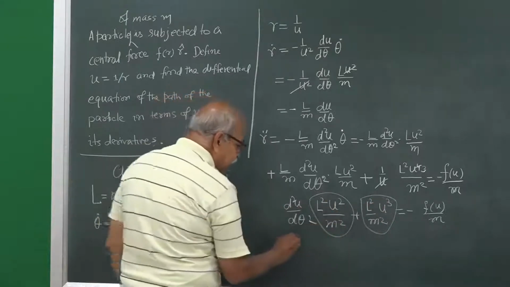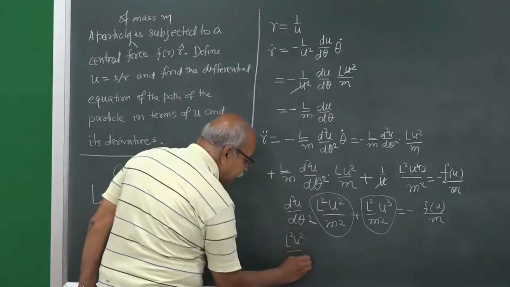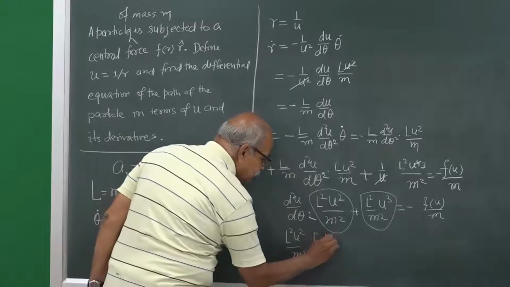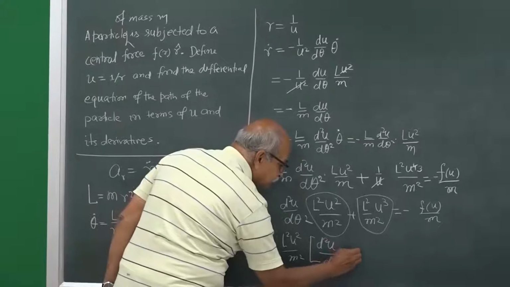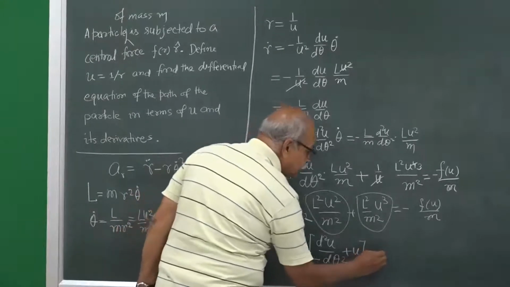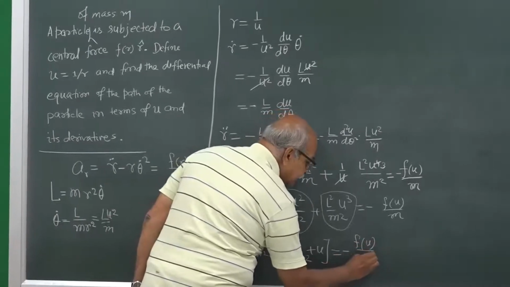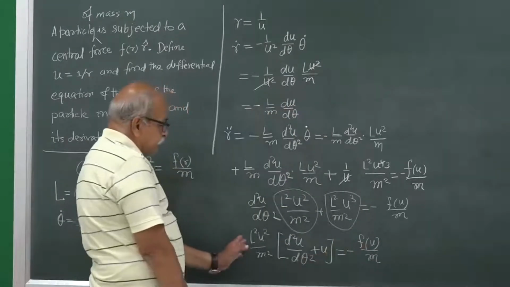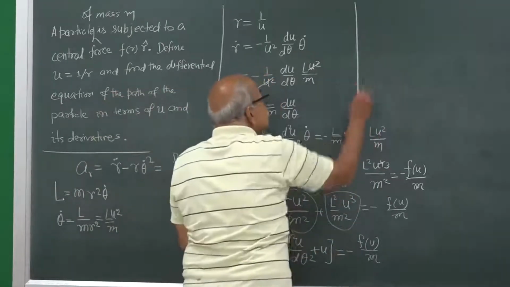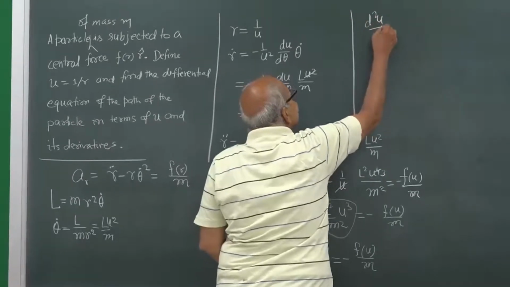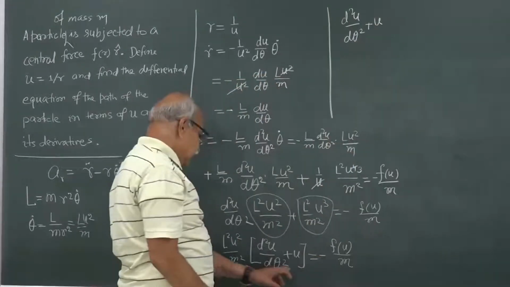So, if I take that as common, L square u square by m square, then the bracket d2u d theta square plus u from here, and that is equal to minus f u divided by m. And take this quantity on the right hand side. So, you have d2u d theta square plus u is equal to